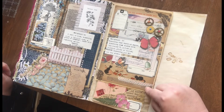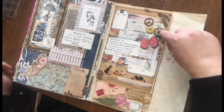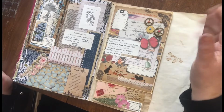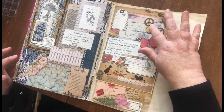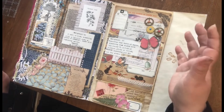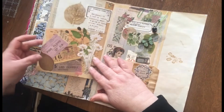The rest I just added some washi from my stash and some marble papers from my stash. And the reason I used these colors was to try and draw in some of the colors from the marble paper. I'm not so sure how successful I was with that. I also wanted to draw the blue from the previous page in, just a little to make it a little more cohesive. This has a little blue in the background. I don't know why I'm always worried about cohesive. It's my book, but it's just who I am, I guess. Anyway,